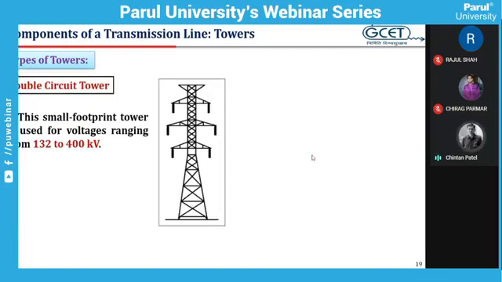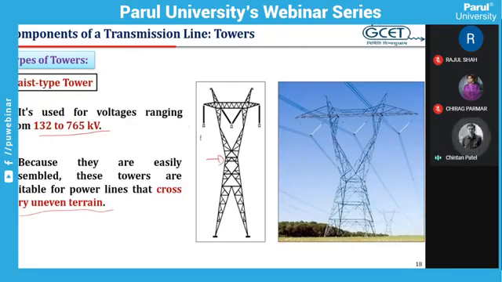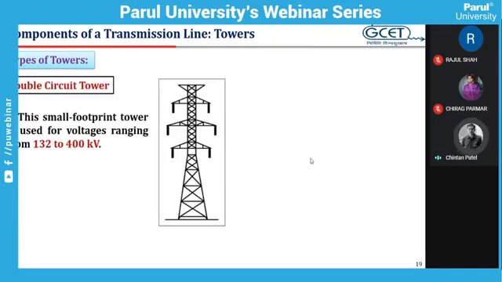The next is the double circuit tower. So here you can see, let's say R, Y, and B, three phases. So this is the single circuit line. We can say this is the single circuit transmission line, only three conductors, R, Y, B, three phases. But there are transmission lines having a total of 6 conductors or 6 phases. So RYB on one side and RYB on the other side. This type of towers are called double circuit towers, and the lines are known as double circuit lines.